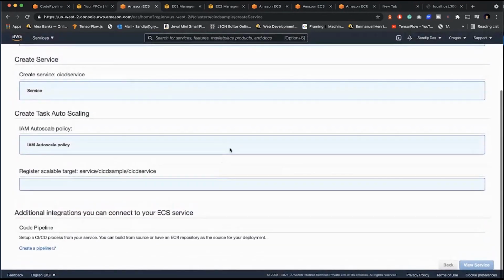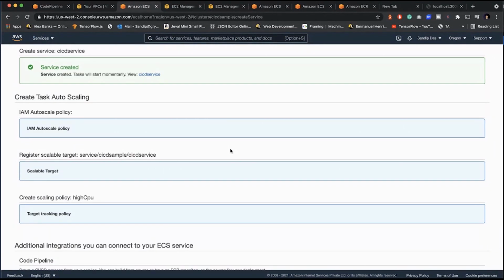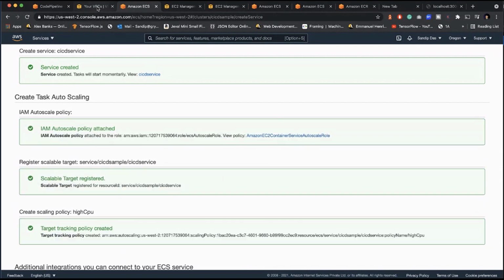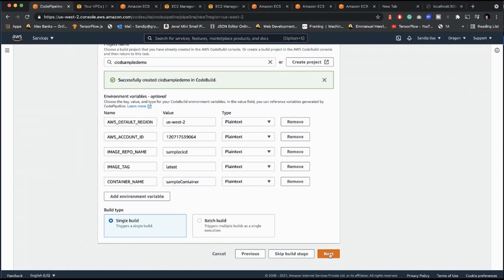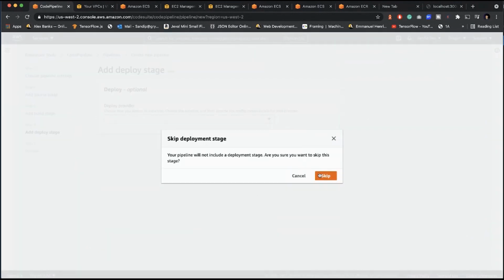It will create all the resources one by one. You'll see it here. For this pipeline, let's skip the deployment stage, and I will show you how to add it later. You can add it here also.